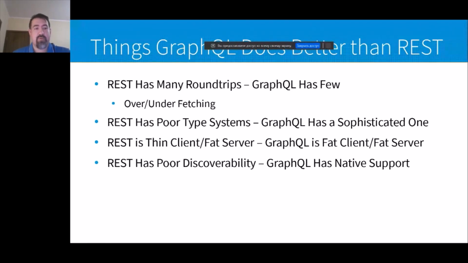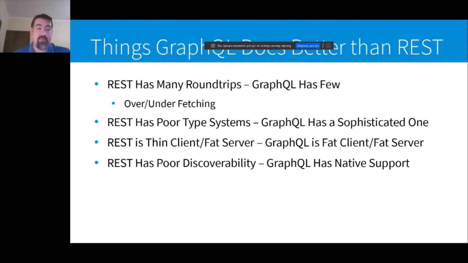And in REST, you only get what the server actually offers. You often over-fetch or under-fetch. You get more data than you need, or you get less data than you need, and you have to run more queries. And with GraphQL, you always get what you need. You request specific fields, and you get them. To some extent, this may be compared with SQL. You write a query, and you get exactly what you actually requested.